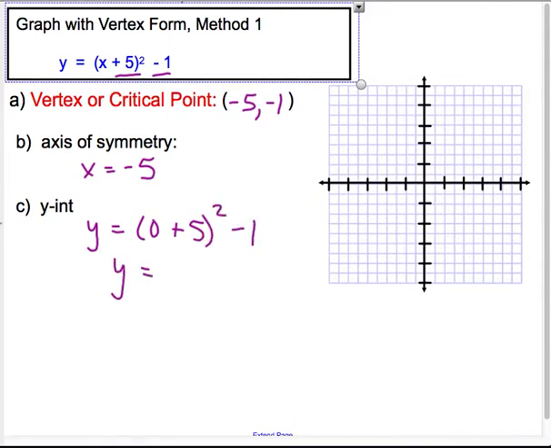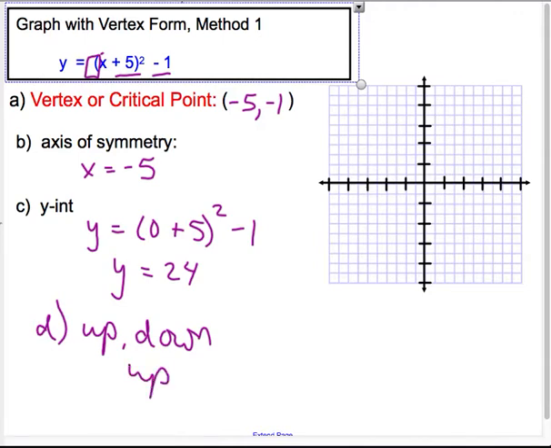So when we do that, we get 5 squared is 25, minus 1 is 24. So we have a y-intercept of 24, axis of symmetry x equals -5, and our vertex is -5, -1. One other thing we need to do before we graph is identify if it opens up or down. In this case, we have a positive, or we have nothing outside those parentheses, which is a +1, so our